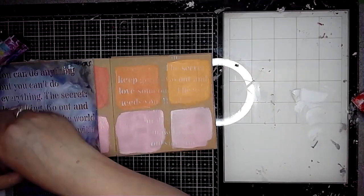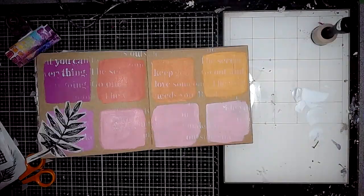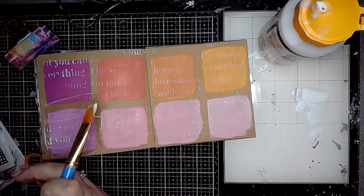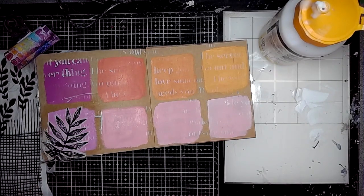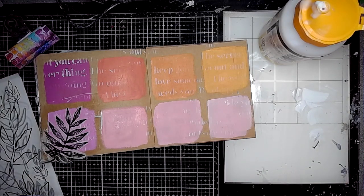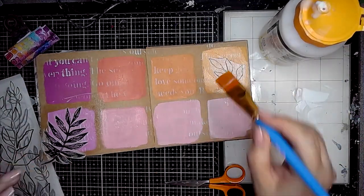Then I'm using the Mantra stencil with a little bit of white paint through the blending tool just to break up that background a little bit. Next I'm going to be taking botanical elements from the Things That Grow collage paper set, which is the new release from Dina Wakley for September 2021, and I'm going to be adding 1 leaf onto each of